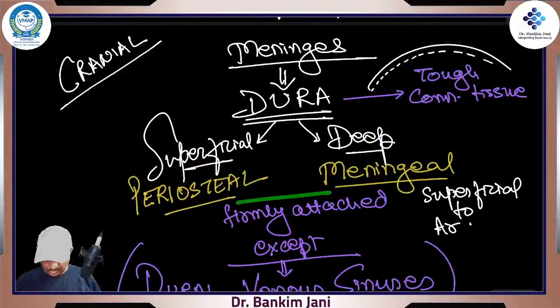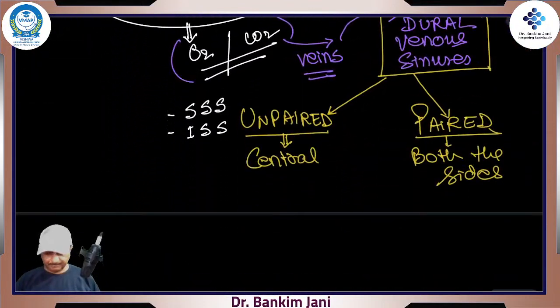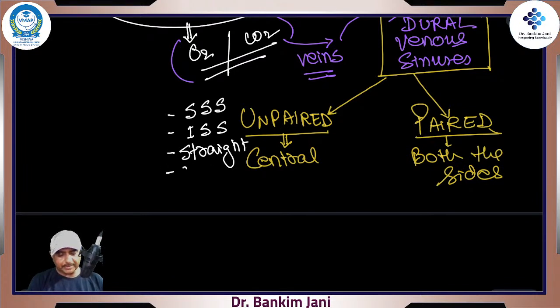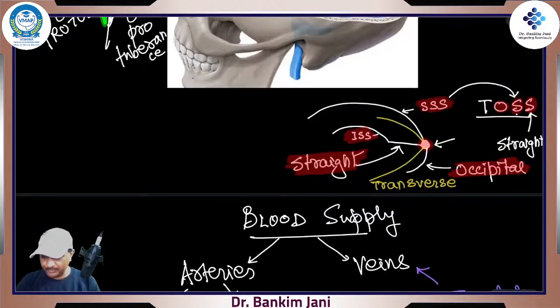So, going back, this is where it is. Among the unpaired ones, we have got superior sagittal, inferior sagittal, straight sinus, and the occipital sinus. You have almost completed these unpaired ones. There are just two, but they are very small, so don't worry. These are the main unpaired: superior sagittal, inferior sagittal, straight, that is the inferior sagittal to that junction point, and the occipital which was going below. Now, to properly understand, I have to explain where this transverse sinus is, because this completes our